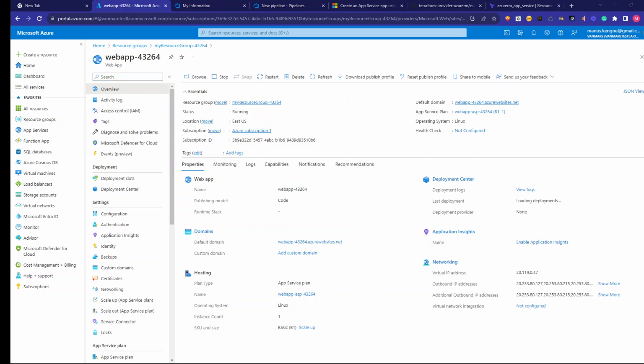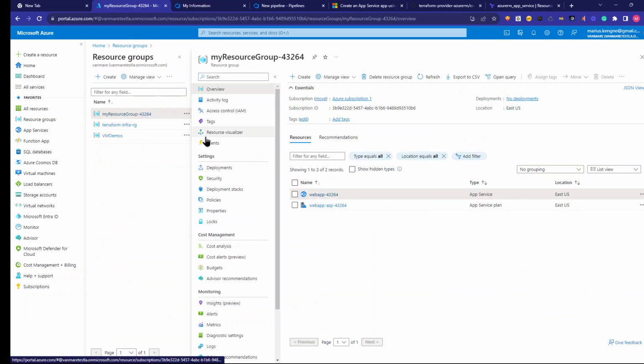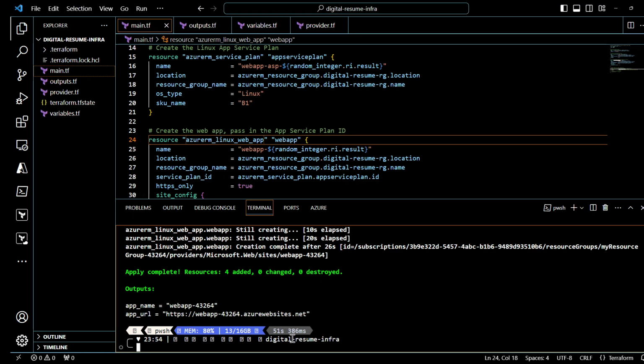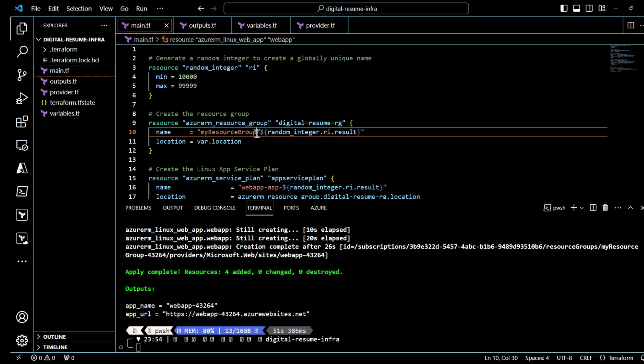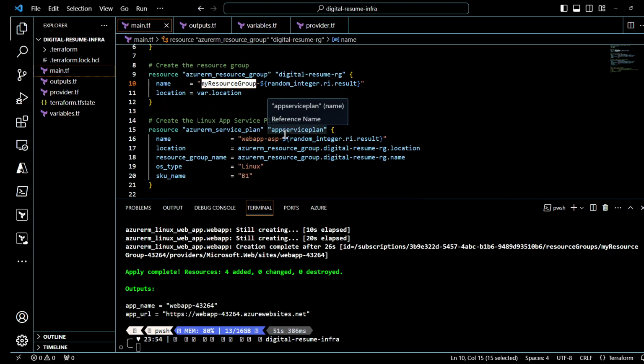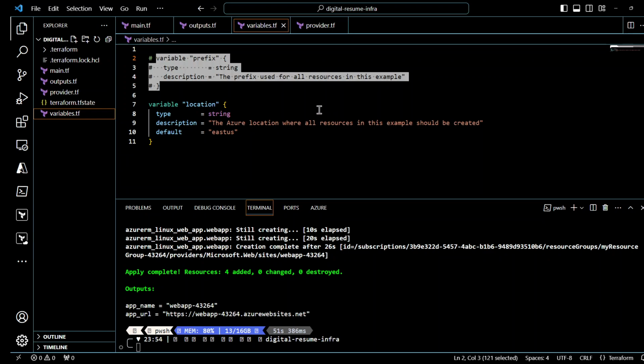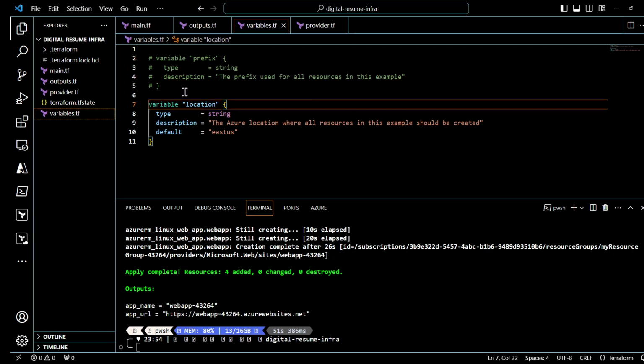So I don't want my resource group to be like this, like my resource group dash, so I can change it. So let's go back to our Terraform, and this is where I want to make some changes. So I'm gonna go here and make some changes, and this is all right, it is fine. But that's where we're calling our prefix, and let's see what is inside our prefix there. So inside our variable file here, if you have a prefix here,